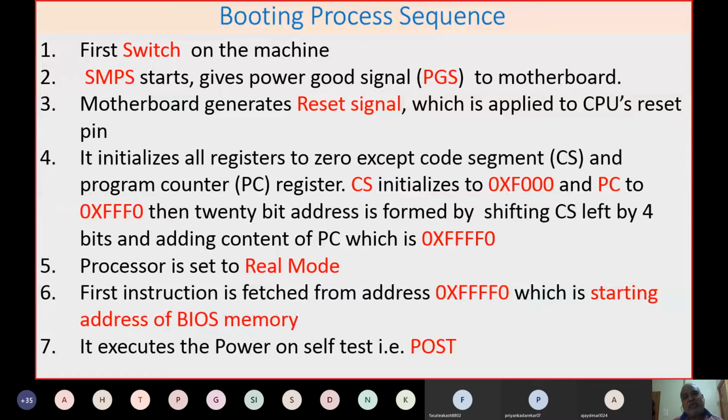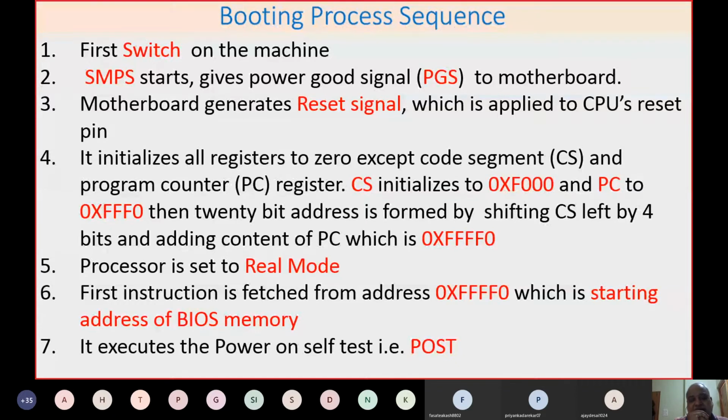Then we'll come to the very important part of your computer, that is the booting process sequence. That means what happens when you power on the machine till you get the desktop onto your system. When you say that your system has started, that means you can interact with the computer only when you are able to see the desktop.